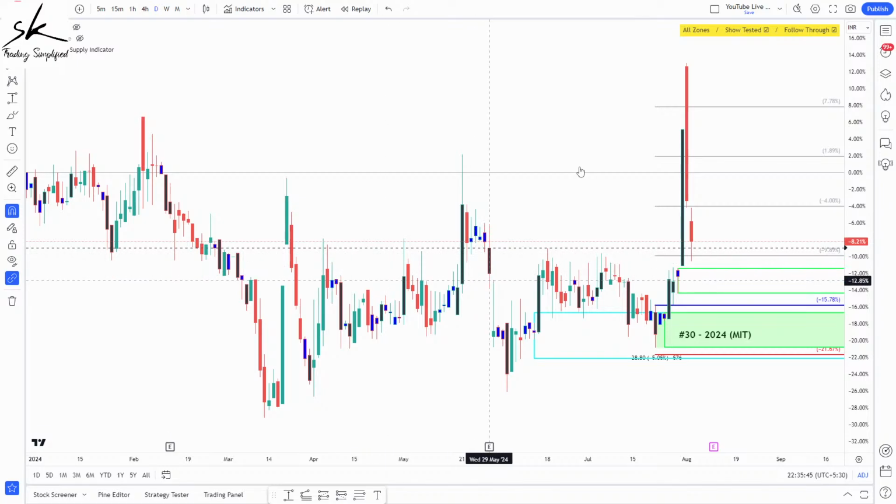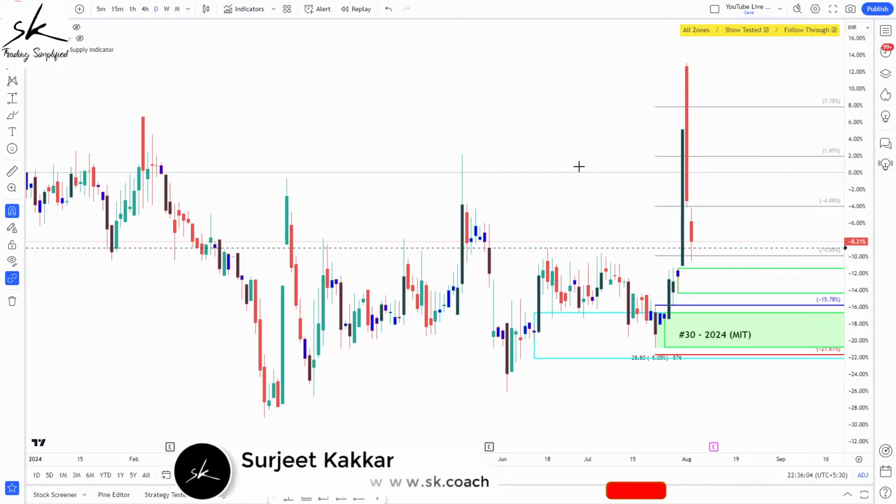See, if you talk about the targets, we are always looking at the fresh area, and the reason for that is because if you already have a tested zone and everything is in sync with your trade plan, we know that the move can be a bigger move and the tested zone can easily get violated, right? But if it is a fresh zone, it can still hold for at least a bounce. So that is why we are always looking at fresh zones for the targets, not the tested zones. But there can be